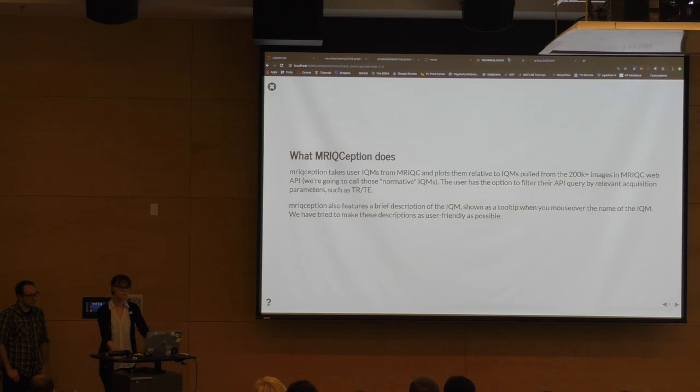So MRIQception takes the user IQMs from MRIQC and plots them relative to image quality metrics from 200,000-plus images in the MRIQC web API. The user has the ability to filter their API query by relevant acquisition parameters like magnet strength, TR, TE. And another thing about MRIQC is that some of the definitions of the image quality metrics can be somewhat